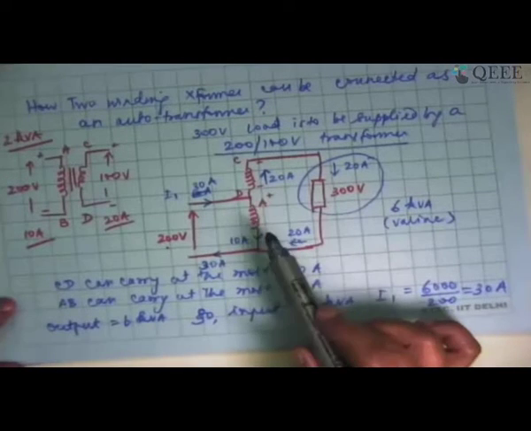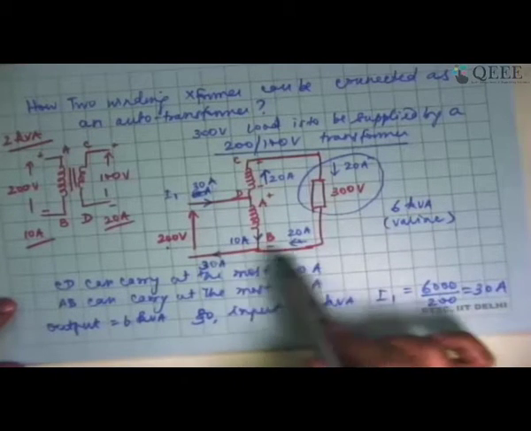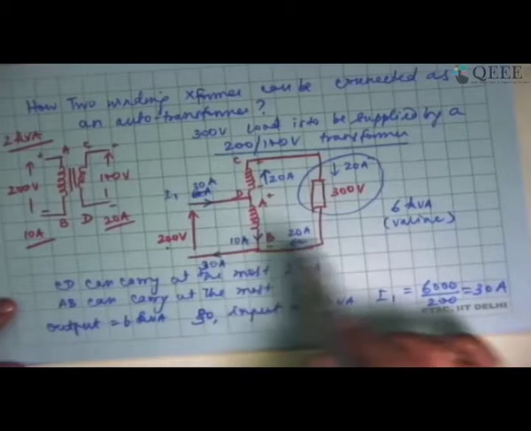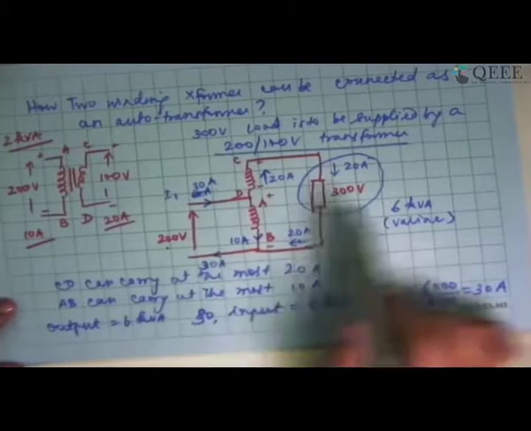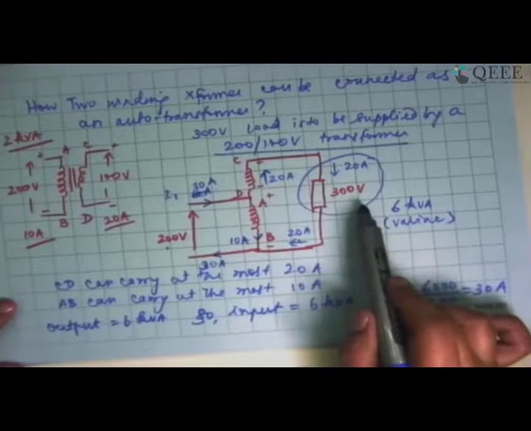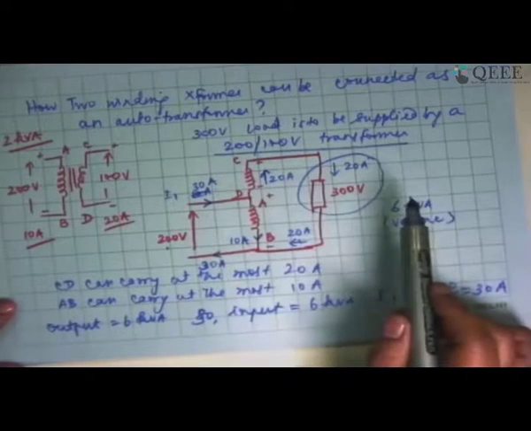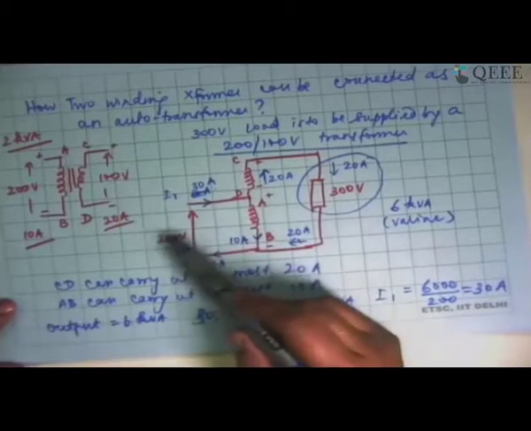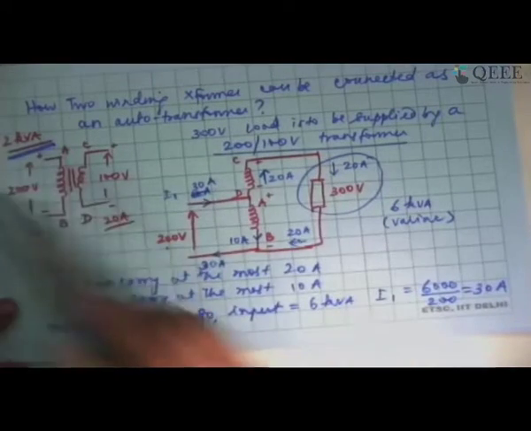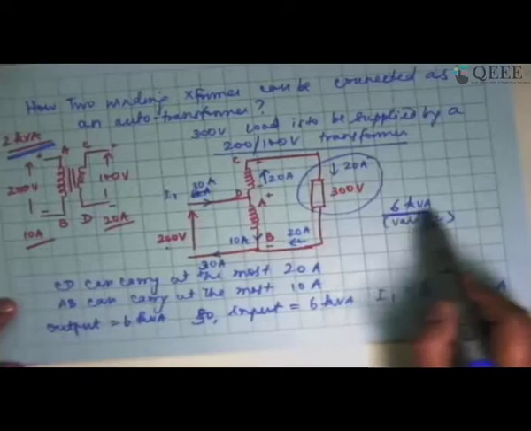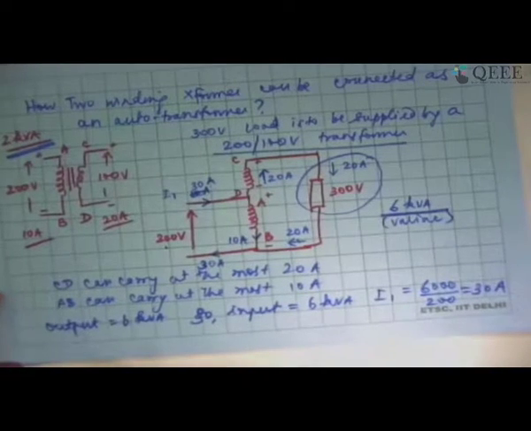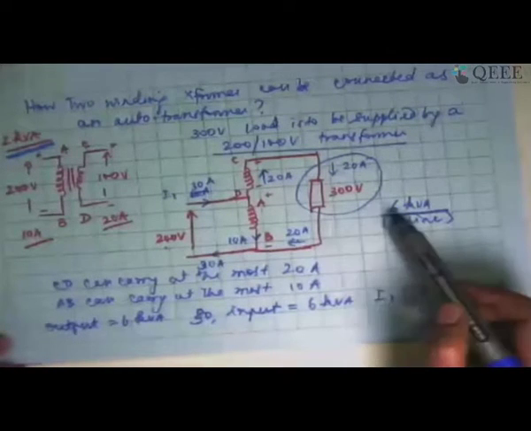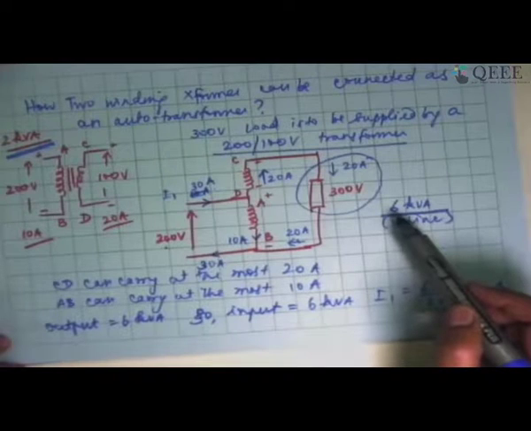So we can summarize that auto transformer has the disadvantage of not really having isolation between the primary and secondary side. But the plus point is, from a lower voltage source, I will be able to supply a higher voltage to the load, or vice versa, as long as I don't exceed the current limits. And compared to the original transformer's kVA of 2 kVA, now the kVA has increased to 6 kVA. So always I'm going to have a higher value of kVA possible with the help of an auto transformer.